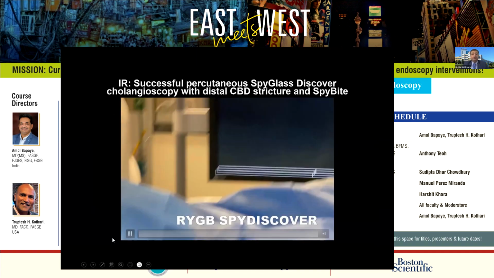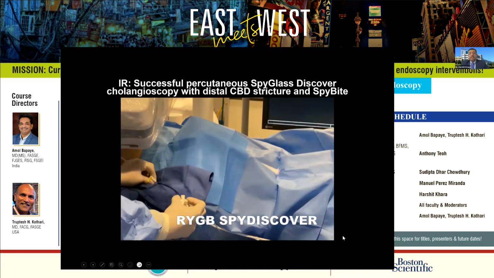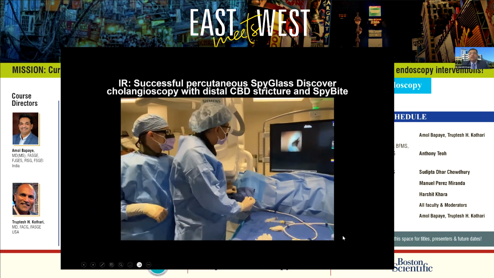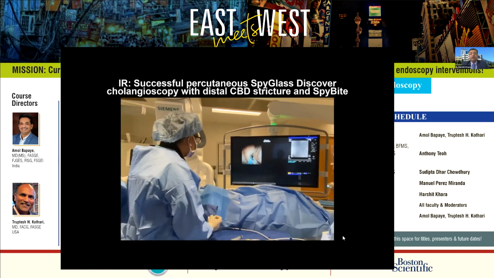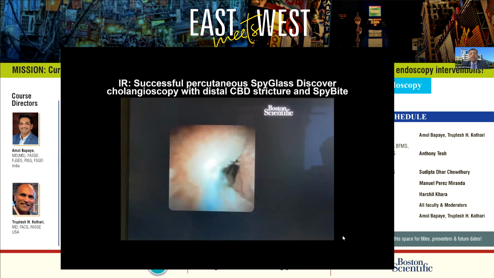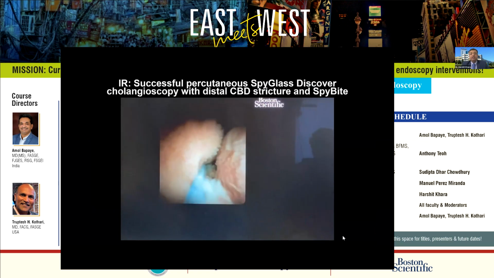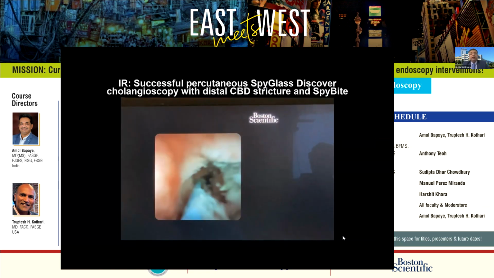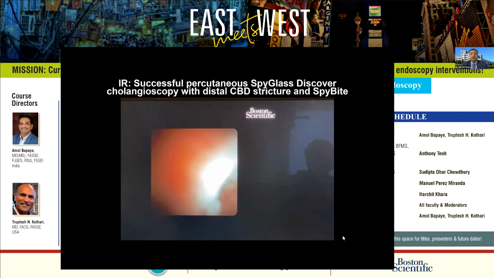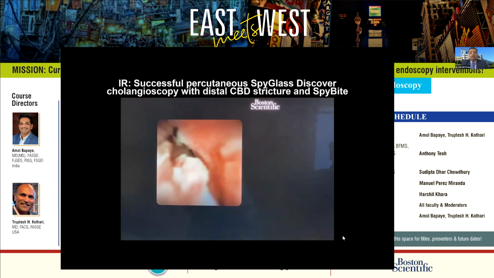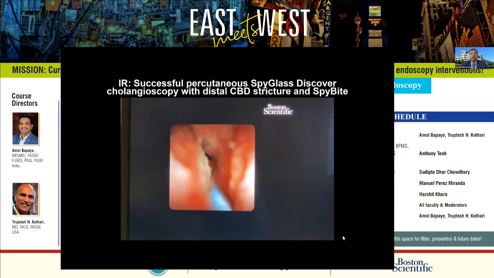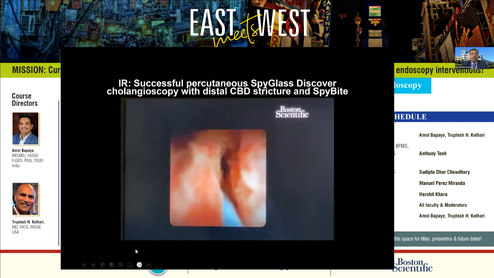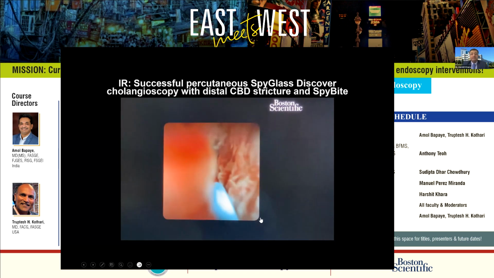So, you know, when life throws lemons, you got to make lemonade. Because we had percutaneous access, we were actually able to get a percutaneous cholangioscopy performed in coordination with our interventional radiology colleagues. And we did see that there was actually a papillary obstruction, a distal CBD obstruction in a papillary tumor-looking area with a percutaneous cholangioscopy. So this actually emphasized the need for getting an endoscopic access in this patient.